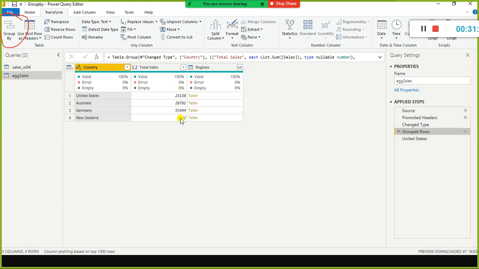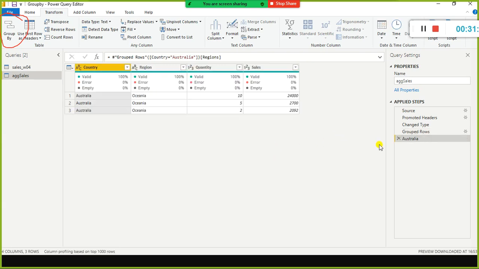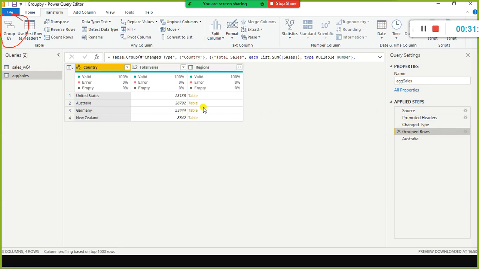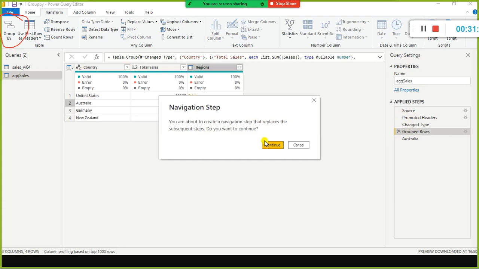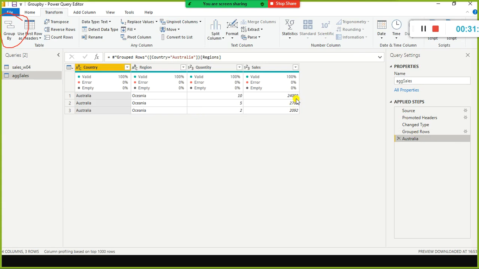The same thing is applicable for other country values also. If you select the table, you can see how we got 28,792, which means the breakup of this one you can find here. If you select this one, it will navigate to Australia. In Australia, look here, 17. We did not use quantity here. Anyhow, I don't want to add another step because we already created the step for this Australia. If you add 24,000 plus close to 4,000,